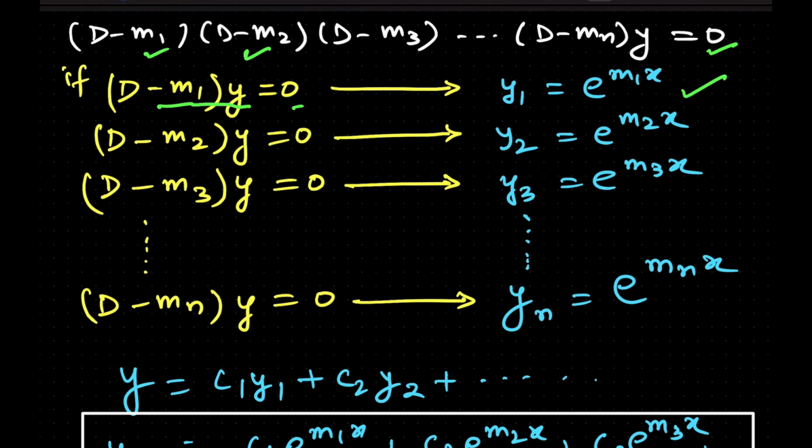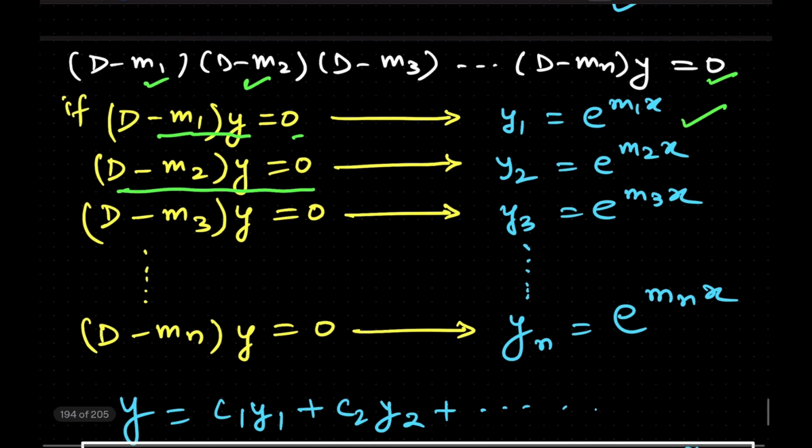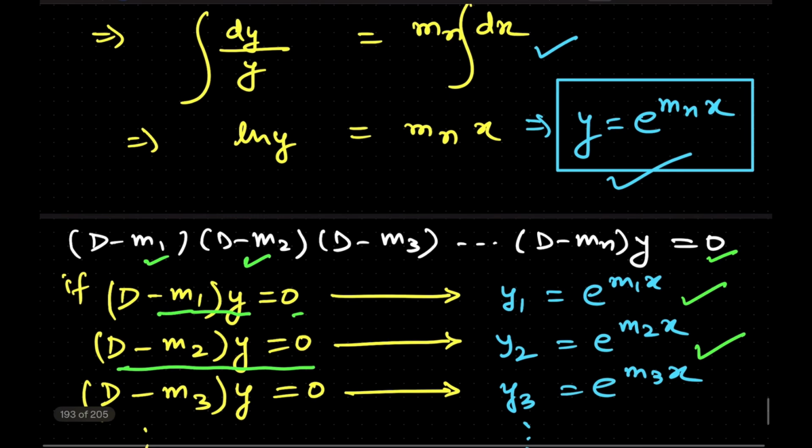So similarly for (D minus m2) into y equal to 0, you will find the solution as y2 is equal to e to the power of m2x. Similarly you can find it for the nth term also. And we have derived that if